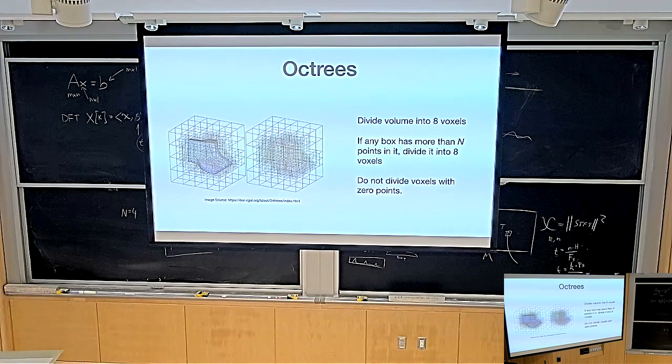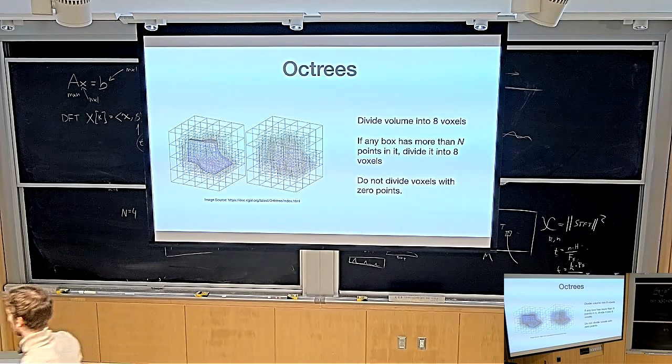Octrees basically say, take the voxel grid and now split it into 8 smaller cubes. And in each cube, check if there is something in the cube. If there's nothing in the cube, then just leave it as is. You just need one value to store that there's nothing there. But if there is something in the cube, consider subdividing it into 8 smaller cubes, and then subdivide it again into 8 smaller cubes recursively until some stopping criterion.